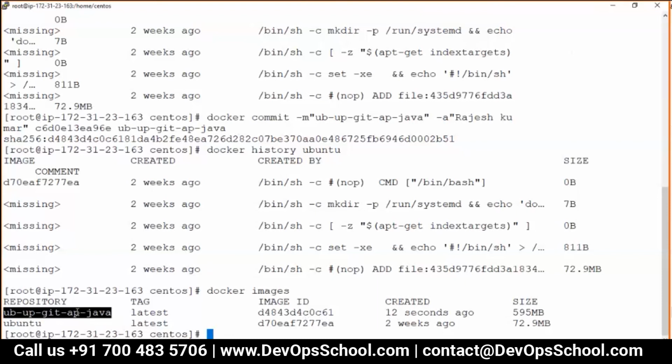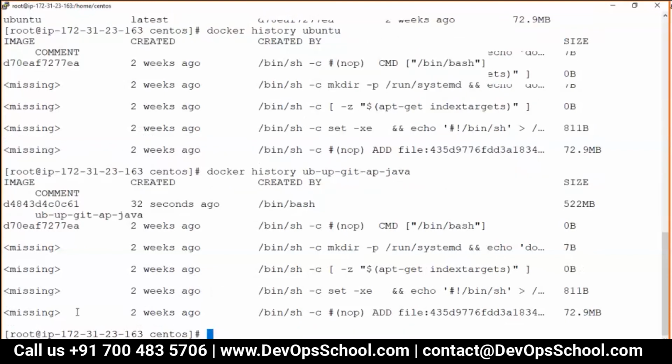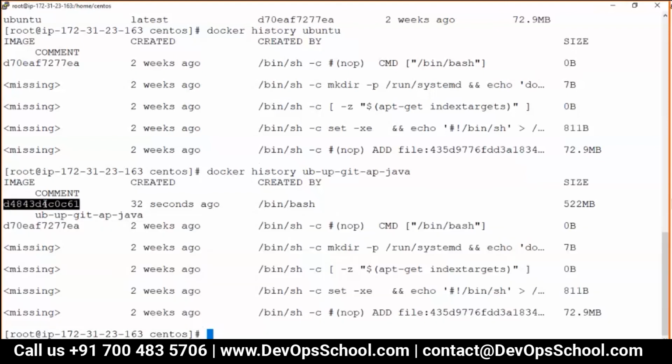Now if I do the history of Ubuntu and if I do the history of this one, you look at the difference here. Till here, these are the Ubuntu layers, and there are additional layers which you got. The size of this layer itself is 522 MB, and this layer basically is the layer which I committed, and this layer has the file system of Java, Ubuntu update, and Apache, and all the stuff like Git.